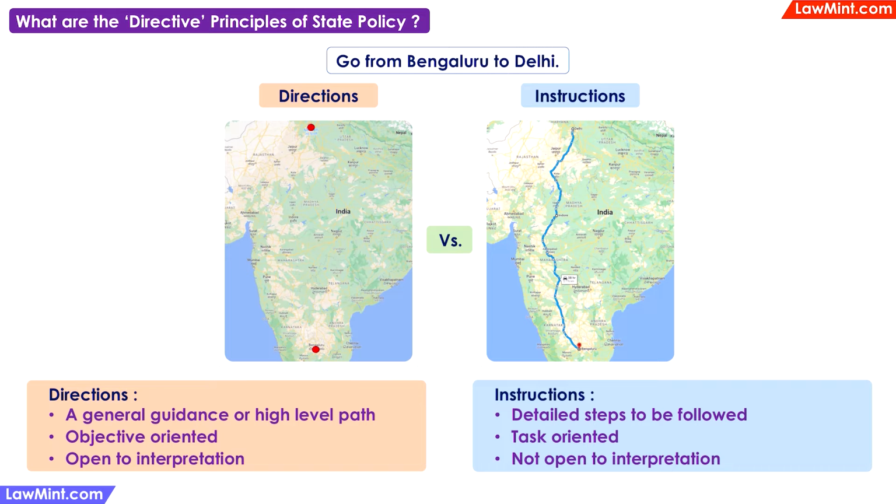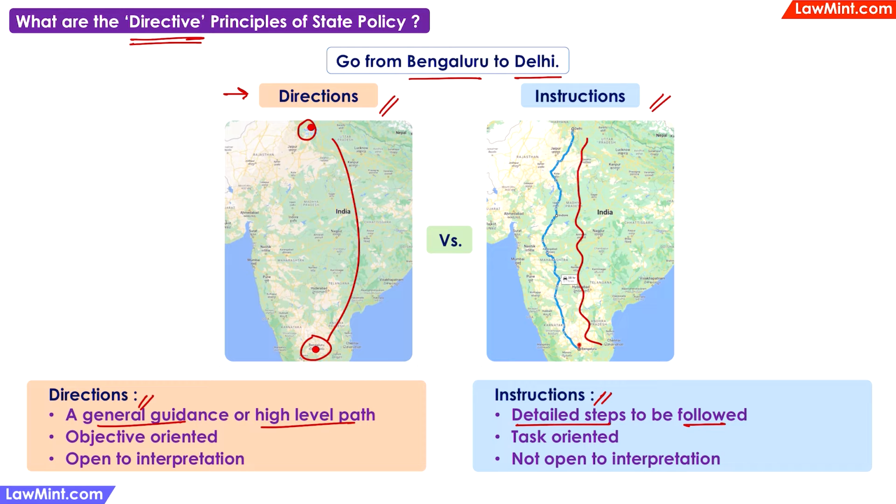Before we look at them in detail, we should first understand why they are called Directive Principles. They are directive because they give directions. Now, what are directions? Well, we can understand this term better through an example. Suppose I want my friend to go from Bengaluru to Delhi. I can give him directions or I can give him instructions. If I give him directions, I am just giving a general guidance or a high-level path. On the other hand, if I give him instructions, I am specifying the steps to be followed or the exact